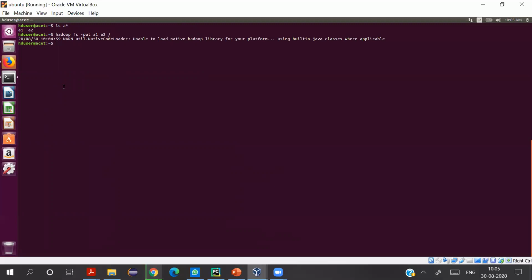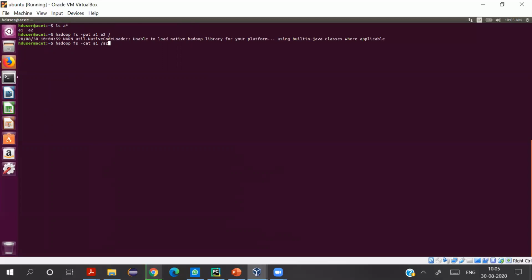Then what we can do is use the cat command to display these files with the hadoop fs command. So if I use hadoop fs -cat, I'll display like this. See carefully what I'm doing. I'm displaying the file A1 from my local file system and my file A2 from the distributed file system.